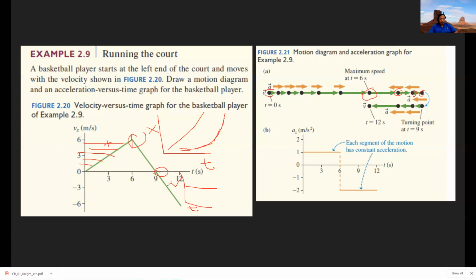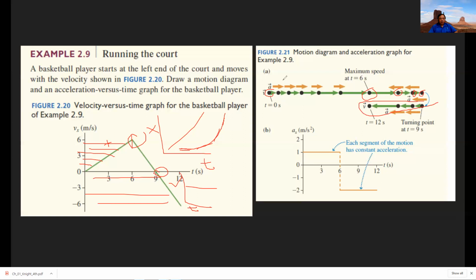And then from 9 to 12 seconds, it keeps on increasing also in the negative direction, because the value is also increasing negatively. So you can have that way. And take note, the difference here between this